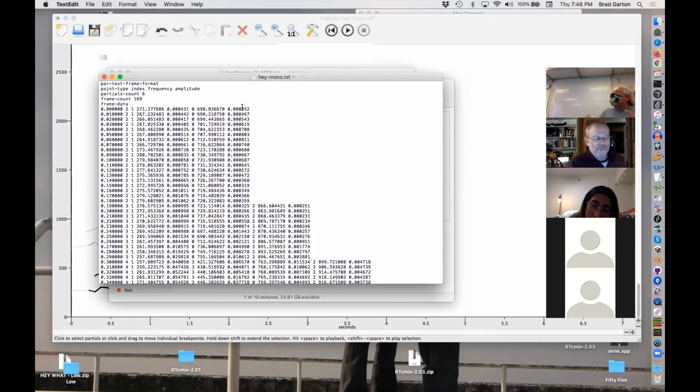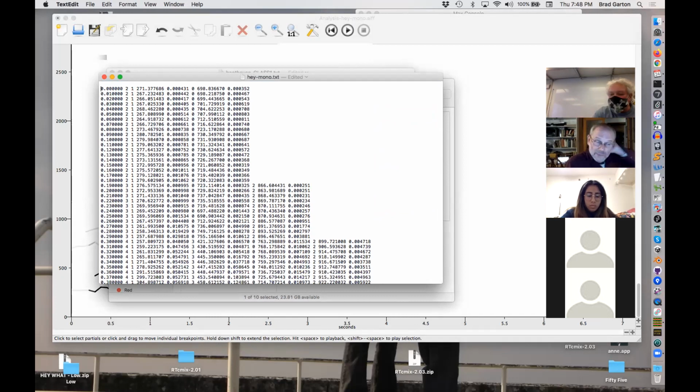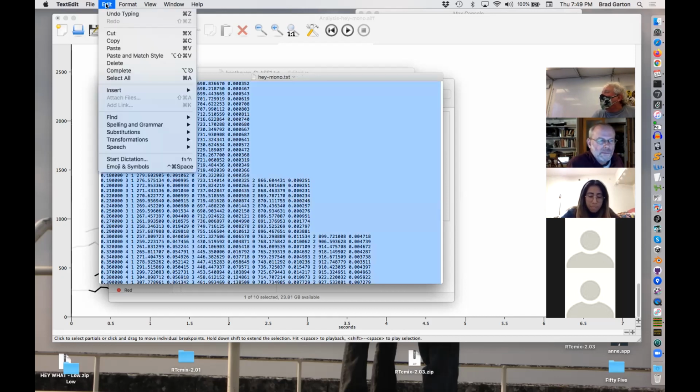So we want to bring this into Excel. First of all, we want to get rid of this nonsense here because we don't want that trying to be parsed by Mark's object. And the other thing is notice that it likes comma-separated values. What's missing from this? Commas. So we do our magic select all. We go to edit, and we go to